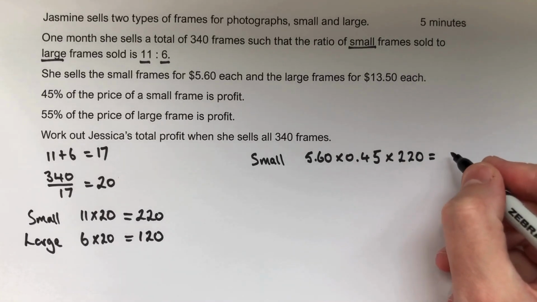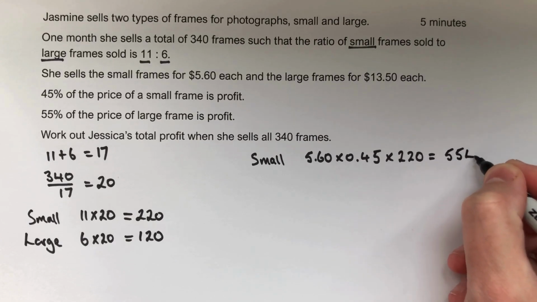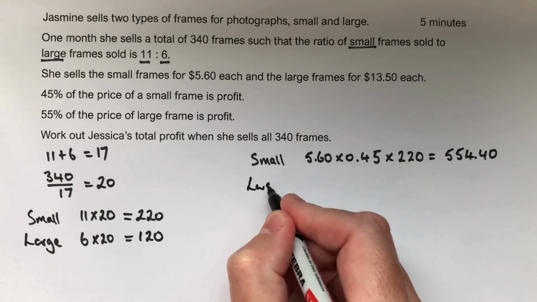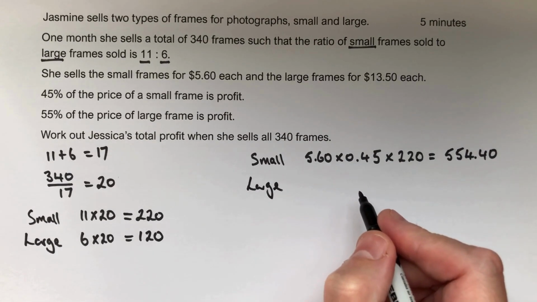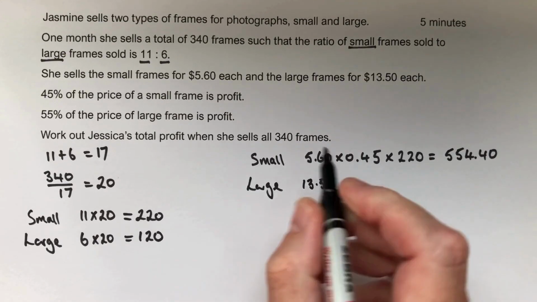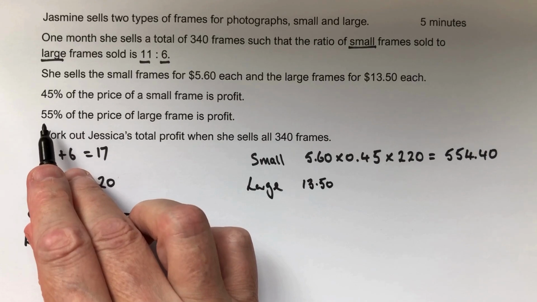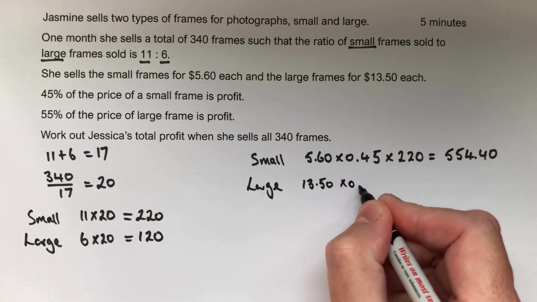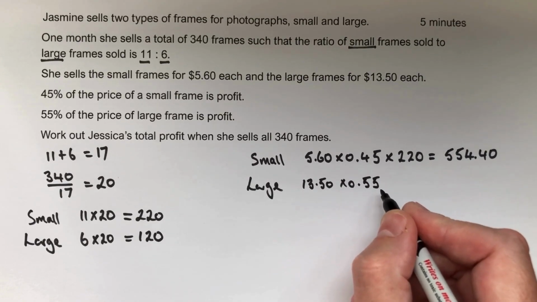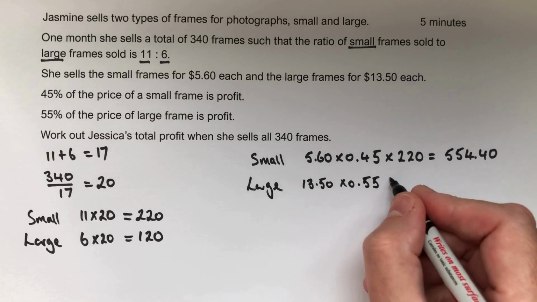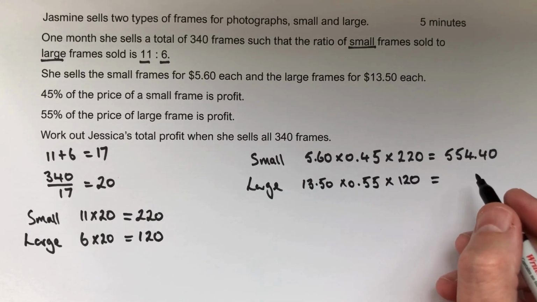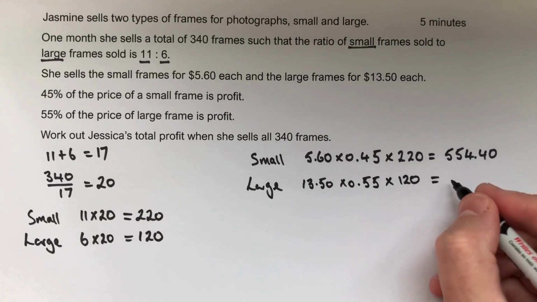Use your calculator. That should give you $554.40. For the large frames, the selling price was $13.50 each, and 55% of that was profit. So we'll multiply by 0.55. That's the profit on 1 large frame, and Jasmine sold 120, so we'll multiply by 120. Again, use your calculator. You should find that that is